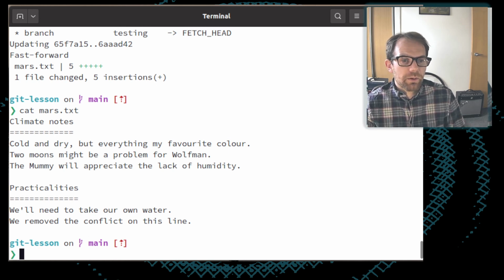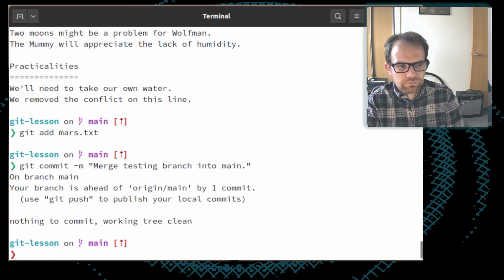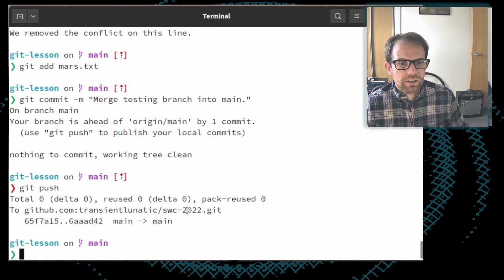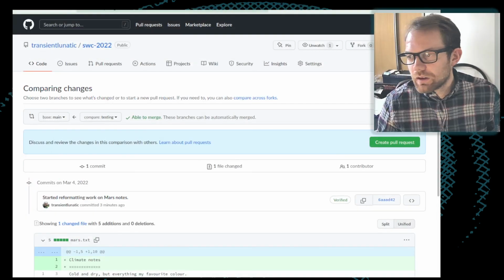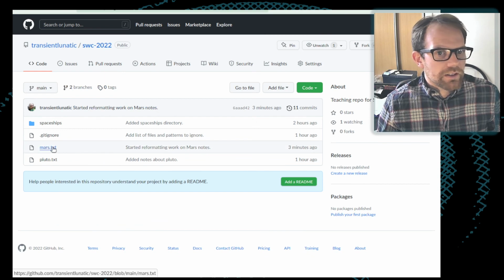And because we've now edited the main branch, we'll need to do a git add mars.txt, git commit -m "merge testing branch into main". And then we just do a git push, and then everything on the main branch on GitHub will look like it does for the testing branch. That is what branches are for, at kind of breakneck speed.